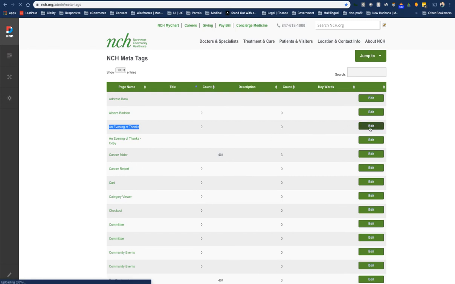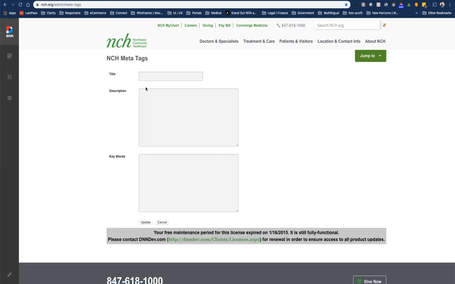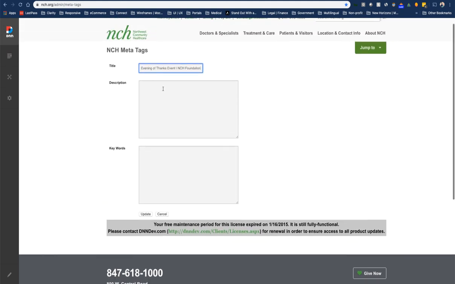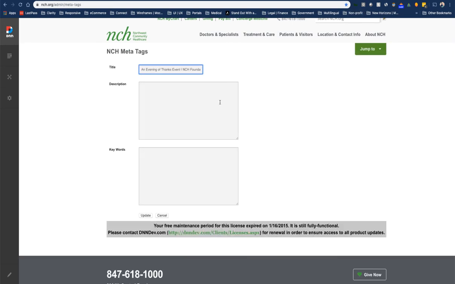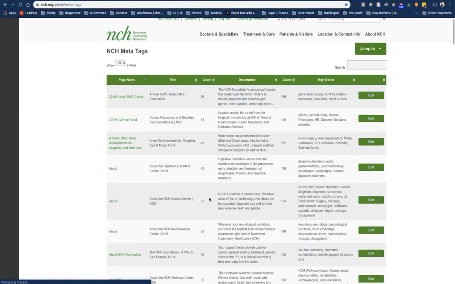and I can click on edit, and it brings up a modal form here where now I could come in here and just put an Evening of Thanks event, NCH Foundation. Now, I would spend more time doing this, and I would put that in the tool to ensure that it's done properly. And we'll just grab this right here for now, just because I want to do this very quickly. Pop in a description, anything else you want to do, click update, and that has now updated that